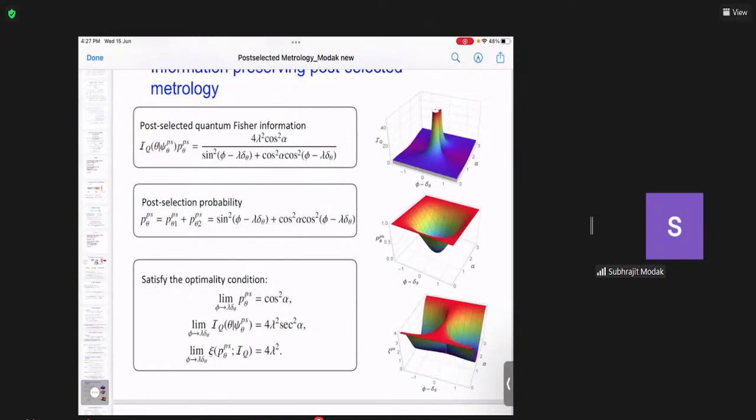Now you can ask me the question, why are you imposing the limit? This imposition is only because of the optimization procedure, so that I can check when the Fisher information is higher, what is the corresponding probability of successful post-selection. This is the optimality condition. Now you can see when you have the alpha value pi by 2,